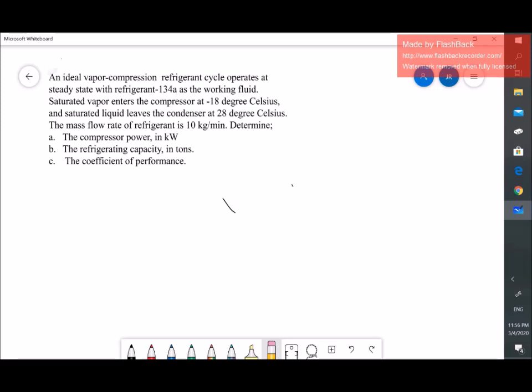Determine A, the compressor power in kilowatts, B, the refrigerant capacity. As you all know, that is the cooling load, and C, the coefficient of performance, in this case the refrigerant. All right,